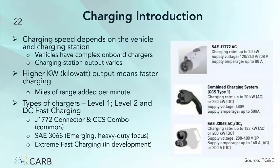Fairly quickly on charging, all right? Because that's going to be really important to you. Let's talk a little bit about it. As I mentioned before, a battery electric vehicle, you need to leave it plugged in to charge. The amount of time it takes to charge really depends on the power output of the charging station and the vehicle's ability to take a charge. I'm going to use a couple terms I haven't introduced yet, but it's a good time to at least throw these out here. Let's say you're at a